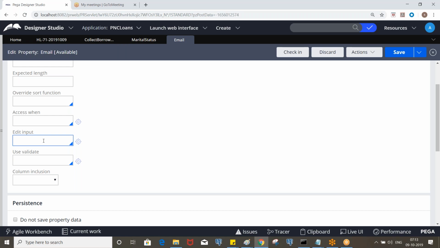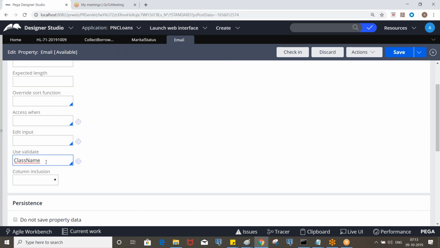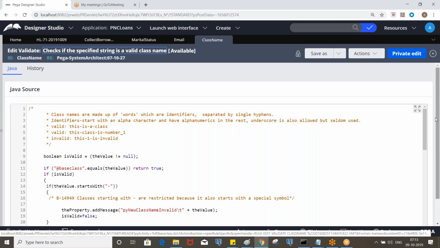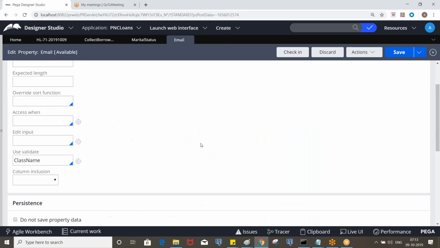Okay, so for that we have an edit input called ToUpperCase. We'll use that for different properties. So this is edit validate, which contains Java code. If you open any edit validate, you will see the Java code. But mostly you don't need to write it, because you can choose the validate rules available.